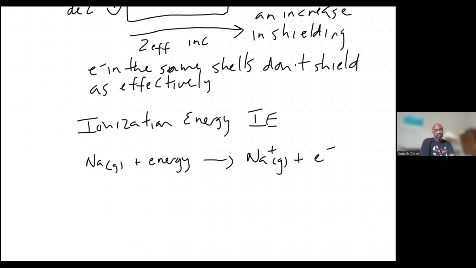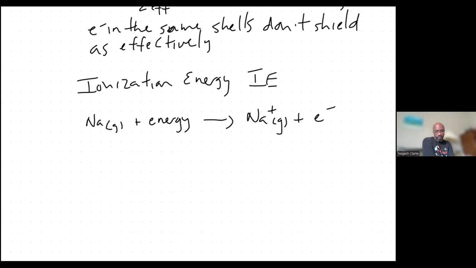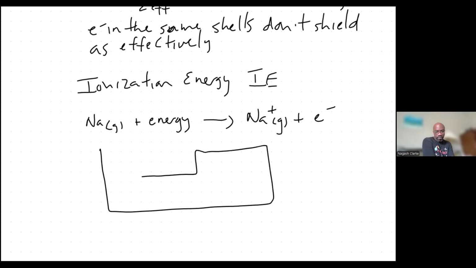The energy it takes to remove an electron from an atom in its gaseous phase. Let's see what happens to that as you go across. It increases. So it's progressively harder to take an electron as you go across the periodic table from left to right,